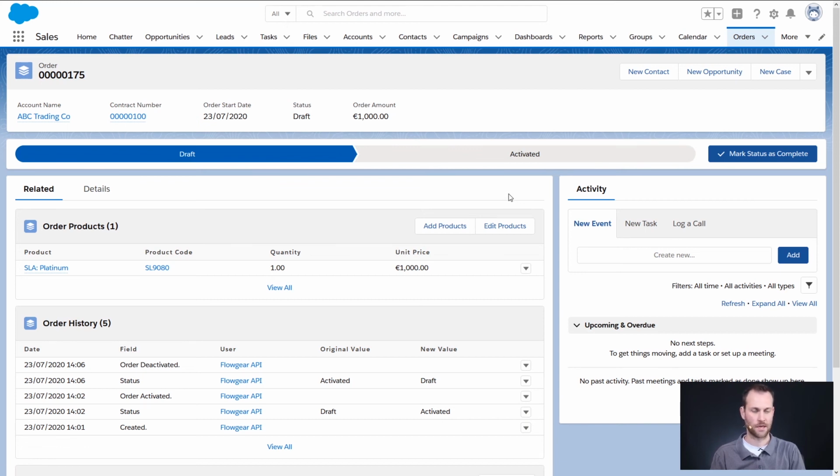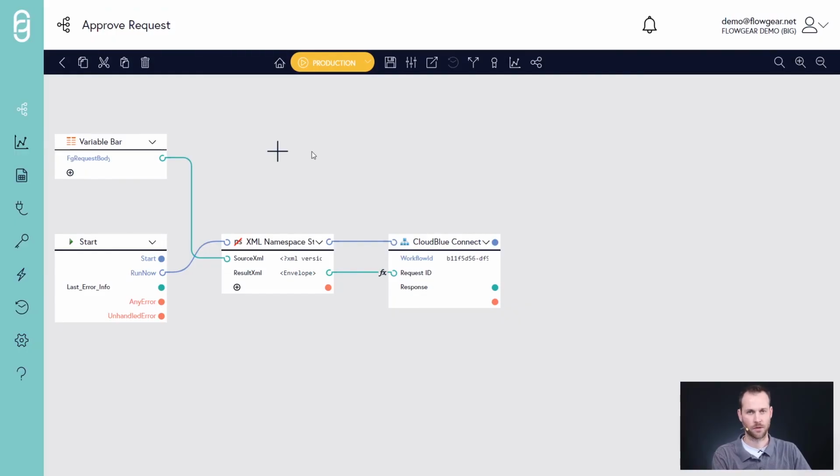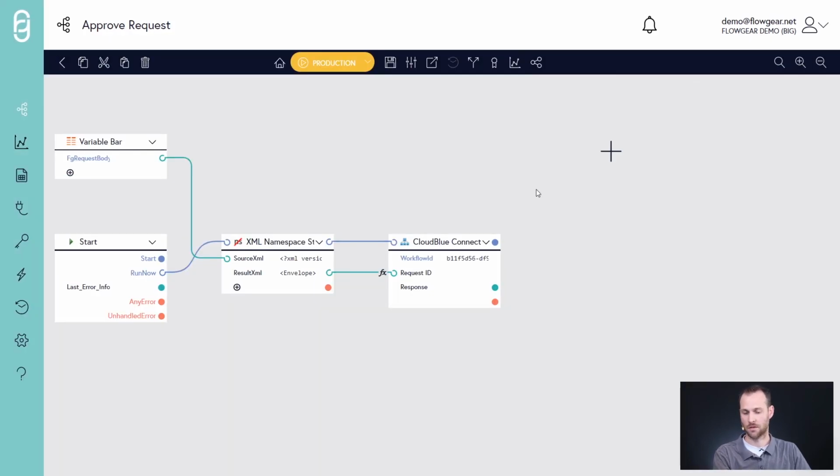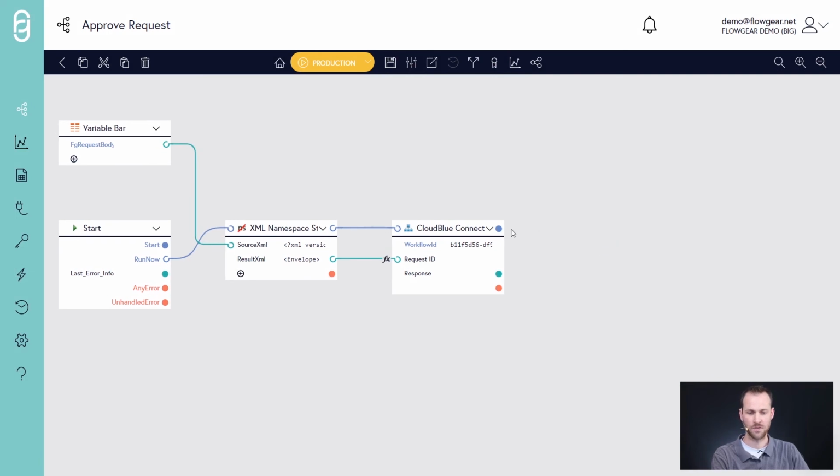What I've then done is configured outbound messages inside Salesforce so that when the status of this order changes, it will fire a Flowgear workflow. Here's how that works. So back in Flowgear, I've created a simple workflow that acts as a receiver for the webhook that comes out of Salesforce. I've done that by binding it to an HTTP method over here. I've got a subdomain, which belongs to my account, and I've bound it to a /approval call. I then secured that with an API key in Flowgear, and I've pasted that complete URL as the outbound message URL inside Salesforce. So when the status changes on that order, it will fire this workflow, and this workflow contains